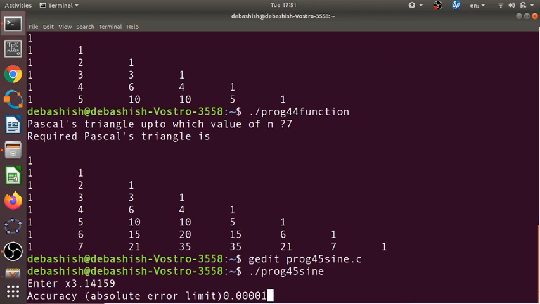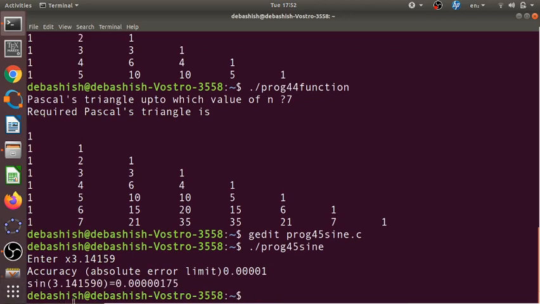So as long as the error is greater than this, the program will keep on running. When the error becomes less than this, it will give you the final answer. Okay, so the answer is sin of 3.14159 is 0.0000005175. So you can in fact check.